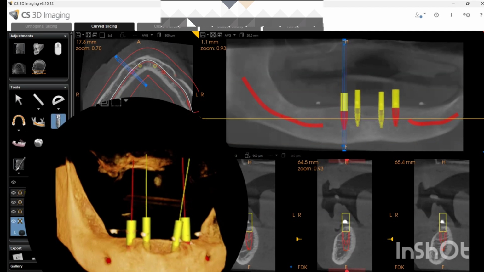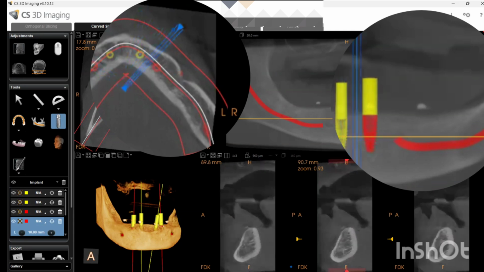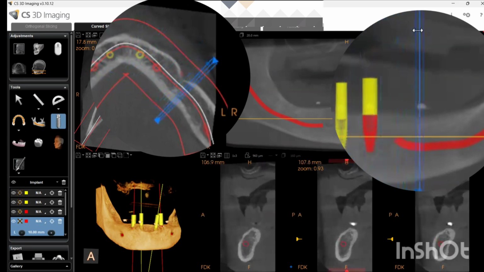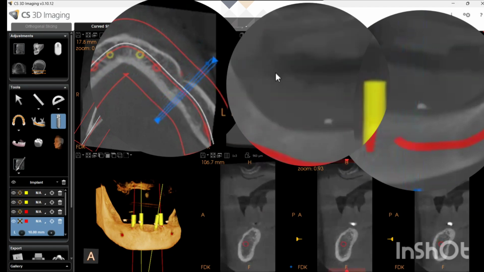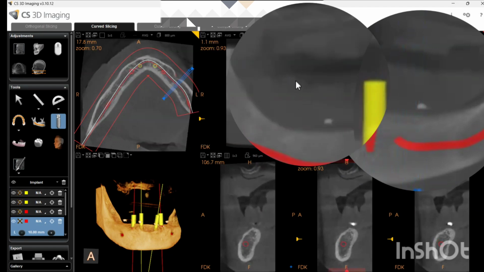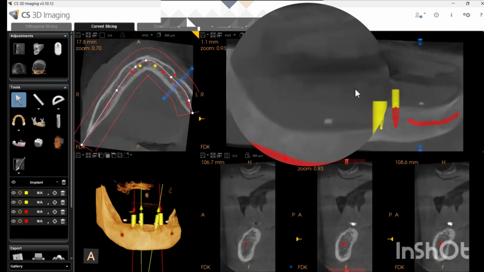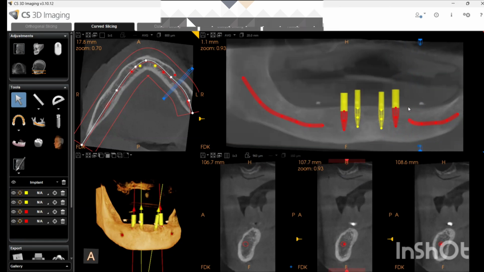Now select your molar region. Okay, I'll come here, move in. And moreover, you can see the impression. Can you see? This is your molar. Sorry for this, I'm really sorry. I'll just cancel it out. See, this is the molar region, this is premolar, this is canine. If you try to see the shadow, the patient was wearing a denture at the time of the scan. That is why you can see these shadows.